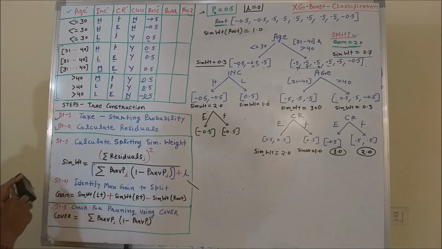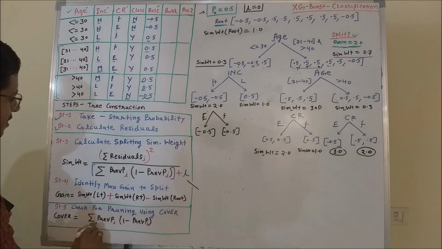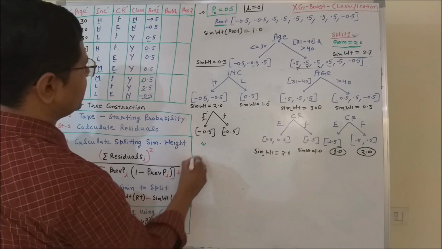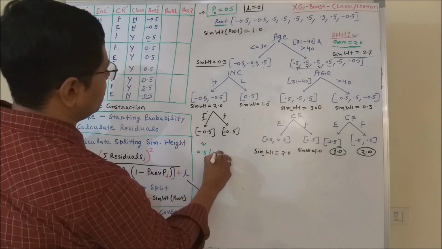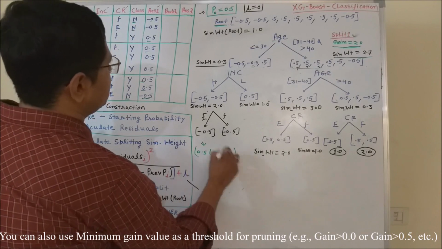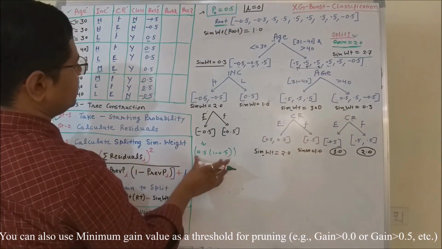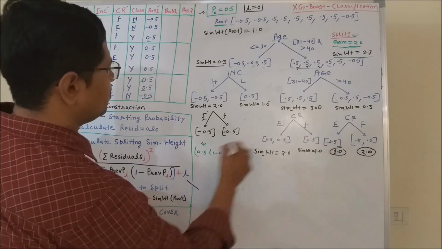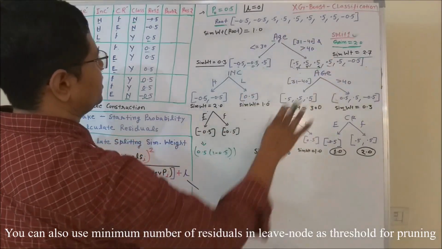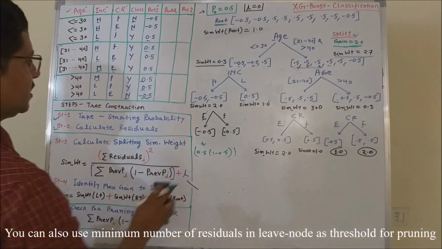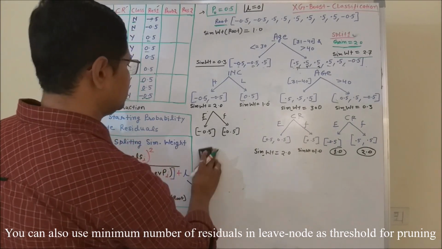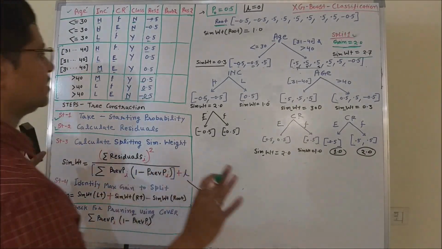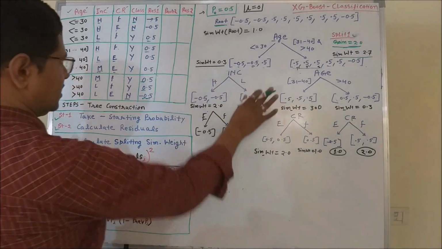So cover can be computed by using the sum of previous probability into 1 minus previous probability. So here you can compute it like 0.5 into 1 minus 0.5, as in this case, for our first tree, our previous probability is the same. So you can compute, and we can put some threshold value less than this. We can assume that this may be a leaf of the tree, and we can prune it out. But now we consider that till now we have properly grown the tree, and we are not going to reduce it or increase it further. Or you can fix the label set also.